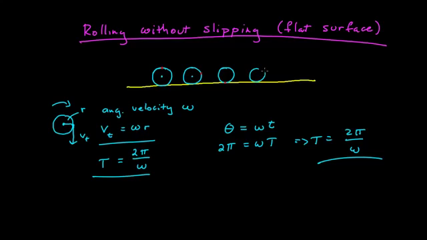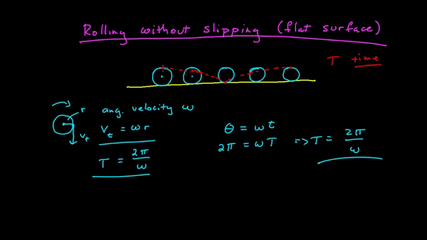Sometime later, it's rolling back around, the spot has made it back up over here, say, and then sometime later the spot has made it all the way back to the top. If I track this spot over time, I see it make some sort of path that looks like this. But